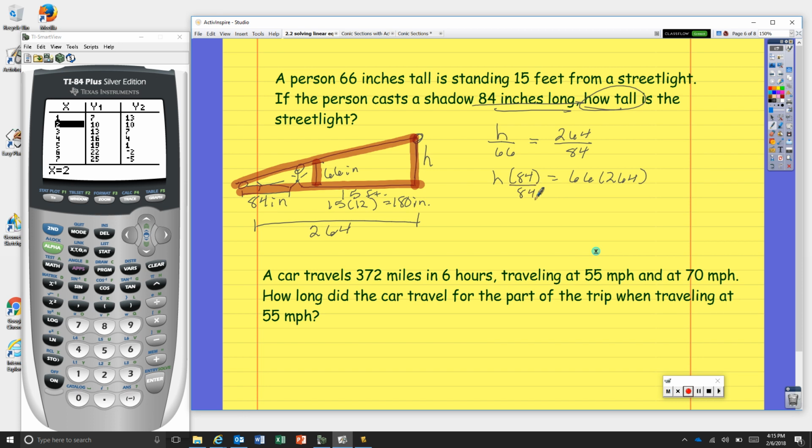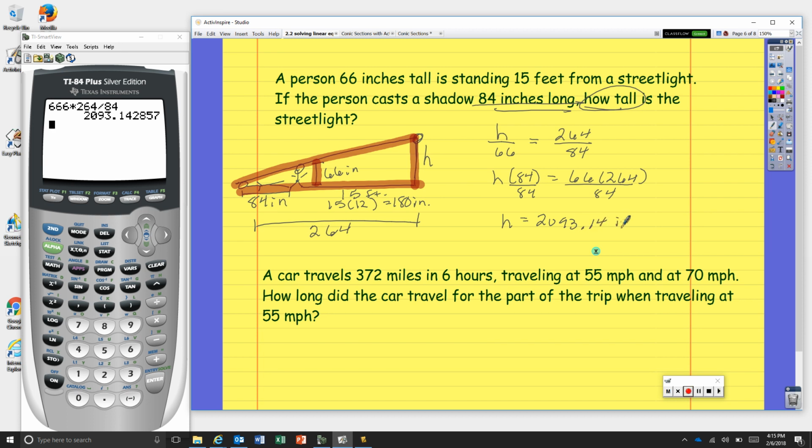Divide by 84. H equals, so let's see, I got my calculator right here. 66 times 264 divided by 84 gives me